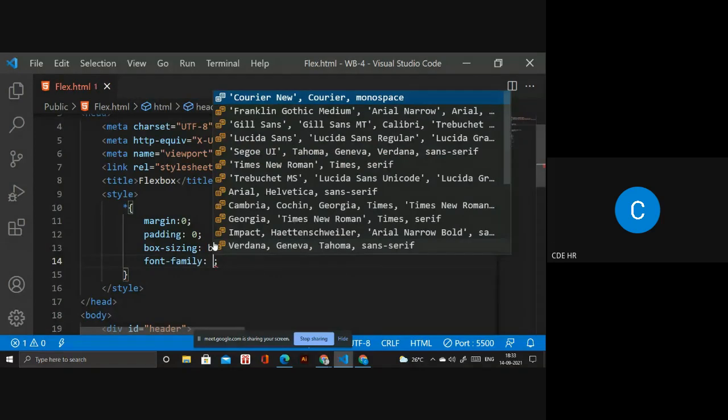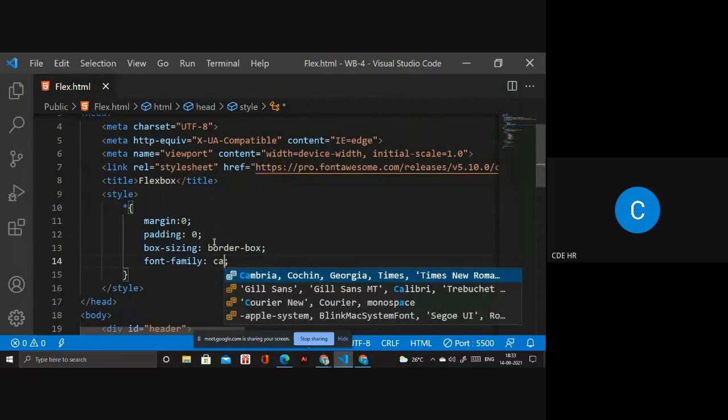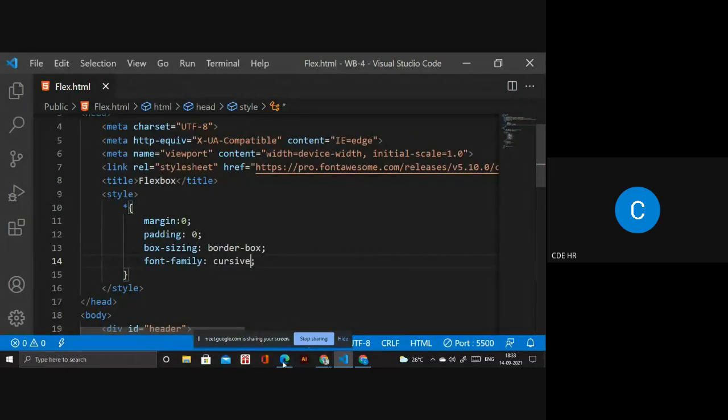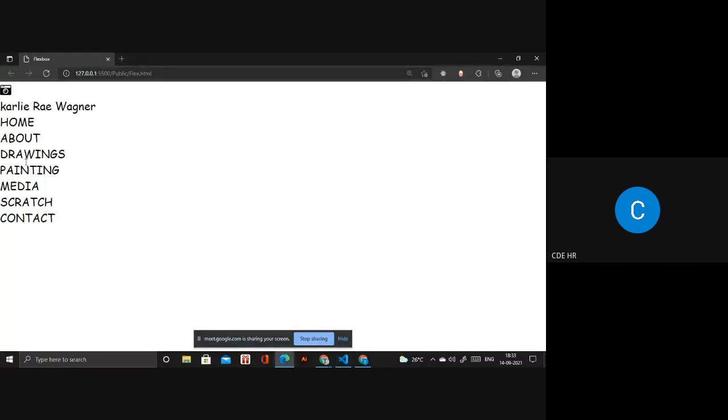We have cursive, right? Cursive. We have to apply that. I think we have done all these things.